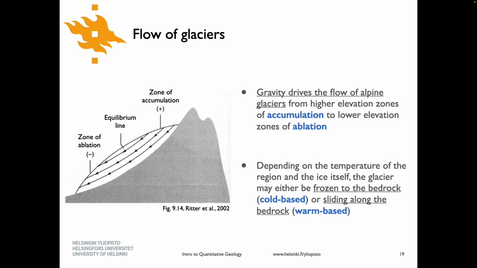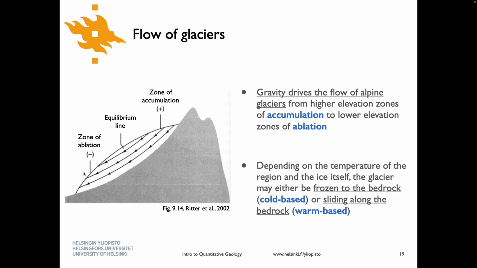So maybe now we have some idea of how fluids are flowing and some of the things that drive them. We'll just have a couple slides here about glaciers, and then we'll get on to looking at some other things for this week's exercise. But probably you've seen at least some kind of figure like this about how glaciers are thought to flow, and that is that you have some zone of accumulation, essentially where snow is falling and giving a positive mass